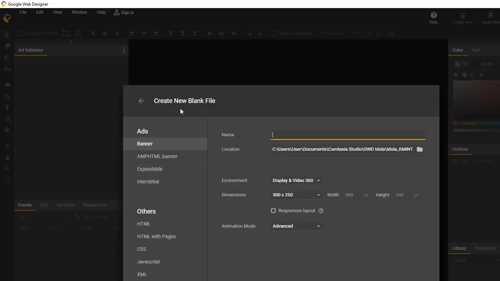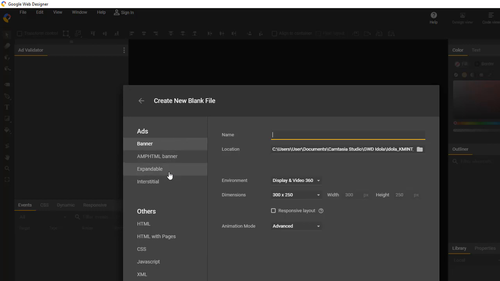When you create a new file, I think we already tried this previously in our class. There are several options here. You can see there is banner and other options until the JavaScript and XML option. But in our assignment, we only use two types of advertising. The first one is banner and the second one is expandable.